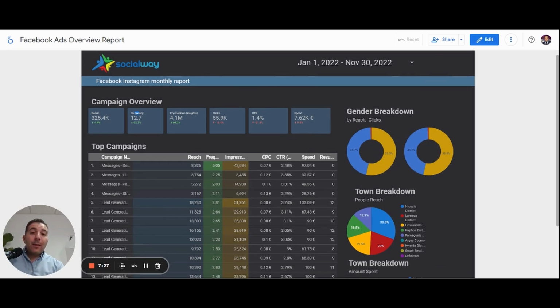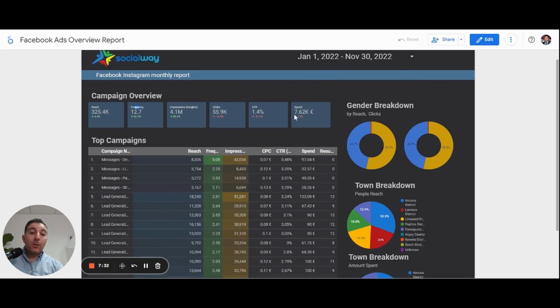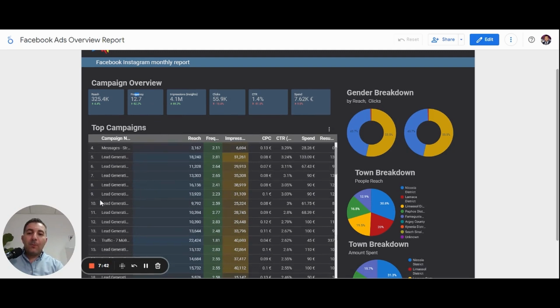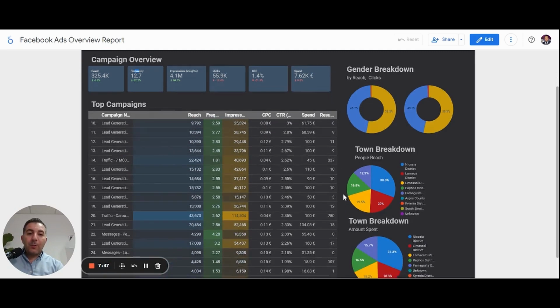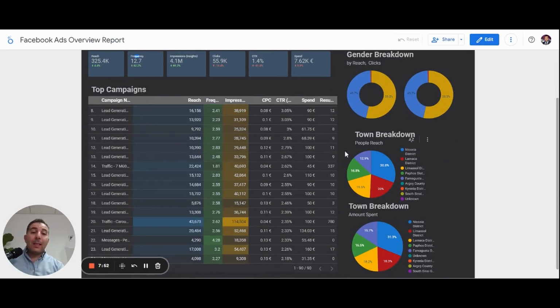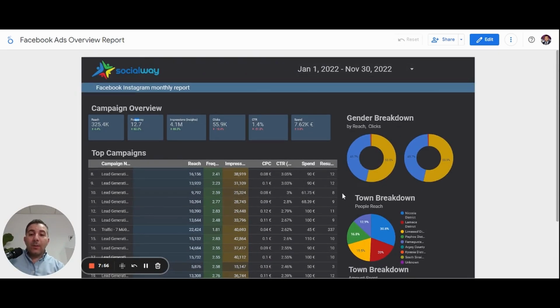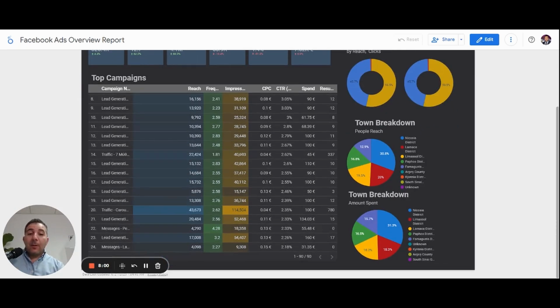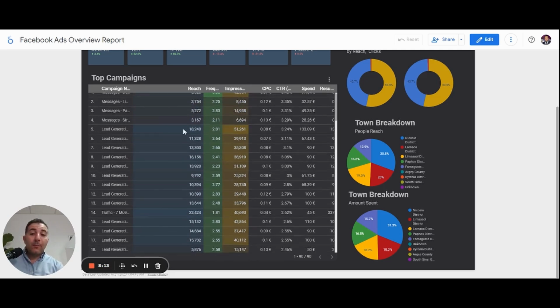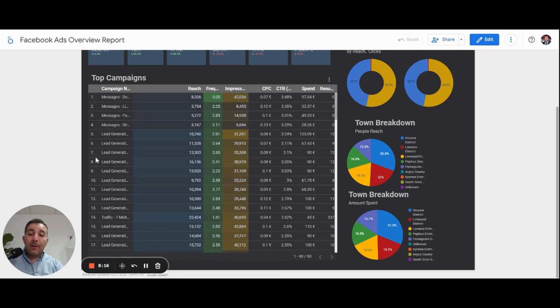And last, we see how many euros we spent for these campaigns. So we spent 7,620 euros and we reach almost all of our audience. And we see below, and this is another table that we need to pay attention to, especially for our monthly efforts, and I will change the dates now and you will see the monthly results, because you can see each of the campaigns and posts that we run through the month, through this period, and the performance that each campaign managed to achieve. For example, here, number 5, we see it's a lead generation campaign,